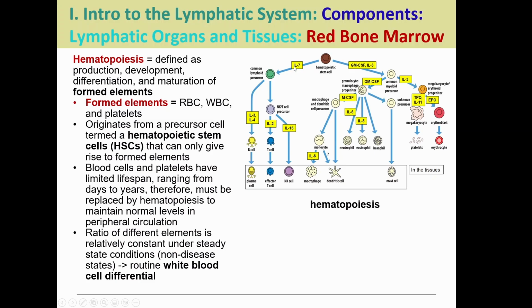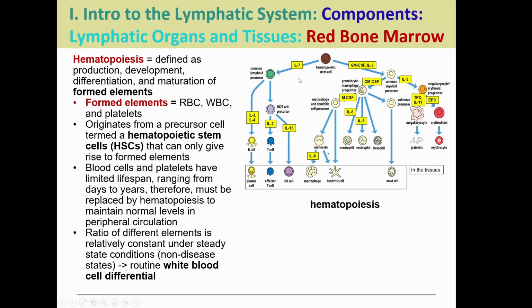So if we come into contact with interleukin 7, right, then we will develop this way into a common lymphoid precursor. And then going from there, depending on which other interleukin we are being messaged by, like interleukin 3 or 4, 2 or 15, right? If it's 3 or 4, we can become a B cell. If it's 2 or 15, we'll go to a natural killer T cell precursor, and then 2 takes us to a T cell, 15 takes us to a natural killer cell. That's all going to be down this pathway.